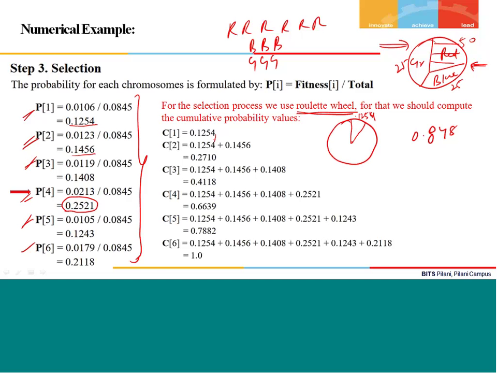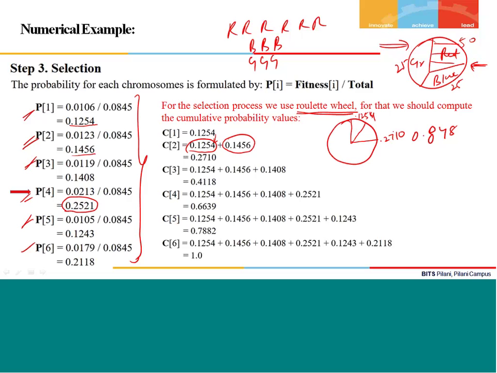I will take this term 0.1254 plus, so this will go up to, I will add 0.1254 into my second probability chromosome 0.1456. So the total thing will be, I will get